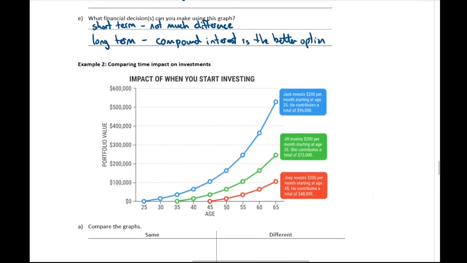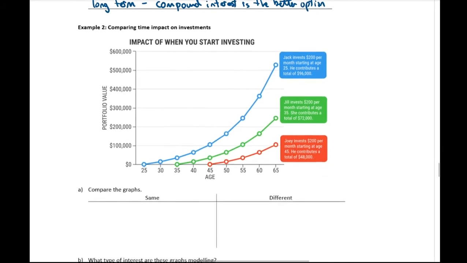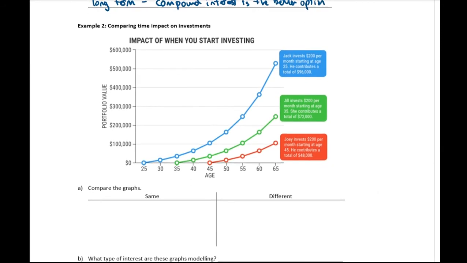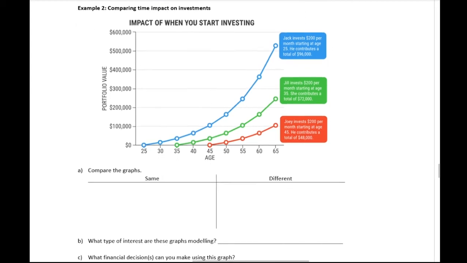Example 2, comparing time impact on investments. So we're going to be looking at how time impacts your investments. So again, we're looking at a graph and we want to compare the two. So similar to what we've done before, we want to figure out what is the same and what is different about these two graphs. Right? So if we look at these two graphs, the same is, and you have these little bubbles to help explain it, the same is